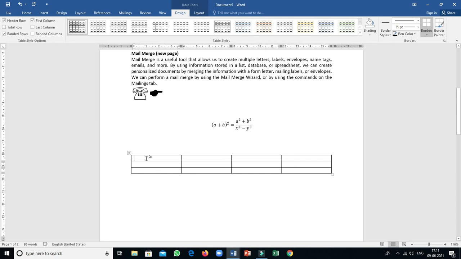Now here you are able to type the data. Suppose here I am writing the name column, then here address is there, then here city is there, and here the pin code is there. Okay, then below this you may type the data. Suppose Ram, and here the address, I am writing suppose Basanti Colony, and city is RKL, pin code is 769012. In such a manner you can fill the data one by one. Okay, because you are using the table concept. Clear?